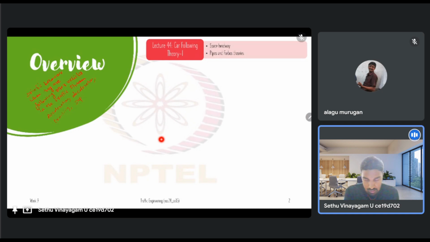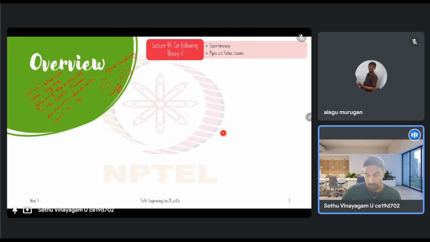With respect to that, one of the terms that we need to be very clear about is the space headway, right? Because this is very important in the car following models. So what is space headway? Space headway, as we already know, is, suppose we take two consecutive vehicles on the road. This is some vehicle I, followed by another vehicle, let's call it vehicle I plus one. Okay, so the clear distance, the empty distance between the two consecutive vehicles on the road, is the clear gap,